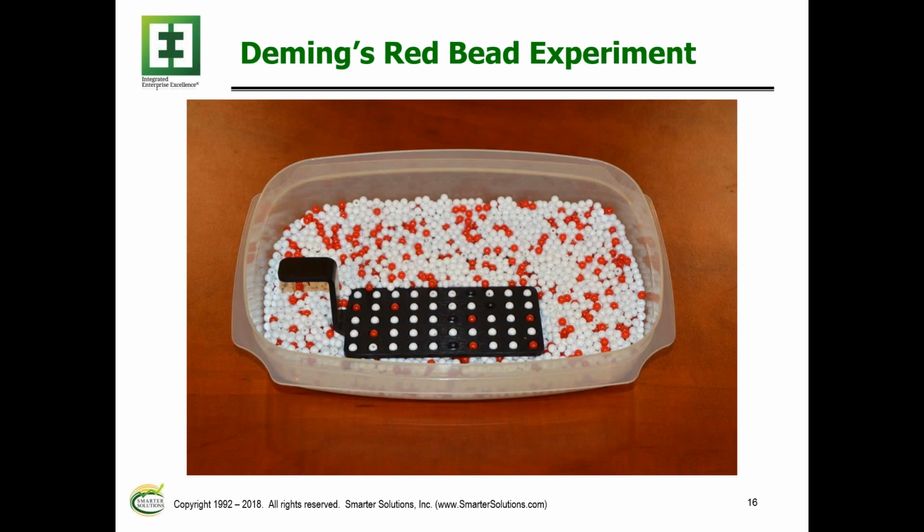Was there anything wrong with this particular simulation? Did you see anything that might have been wrong in how management was handling the whole situation? Basically, 20% of the beads in this container are red. In other words, about 10 beads is what we'd expect on average to actually be drawn from the container. So we set expectations that were really not physically possible.